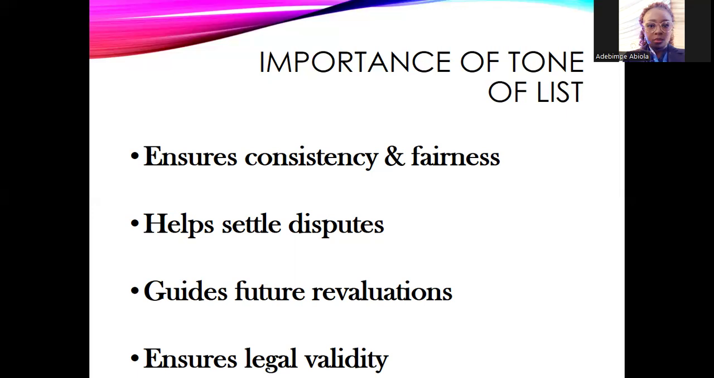And also, I said again that it helps in dispute resolution, because probably there are discrepancies in anything that was served to them. The only thing that can bring a solution to it is to get a tone of list for that particular area. With that, you can use it to solve whatever dispute that arises, and it can also be used to judge our revaluation. It can also be used to judge